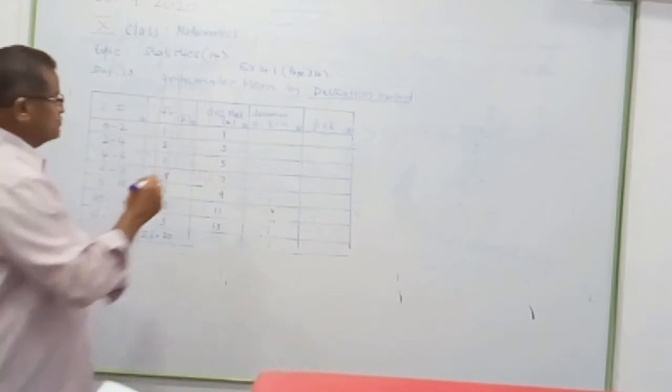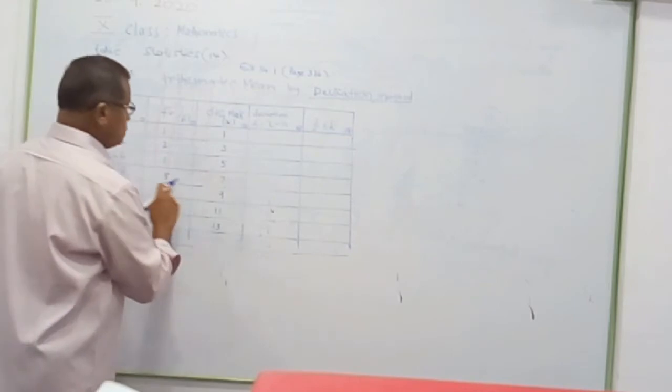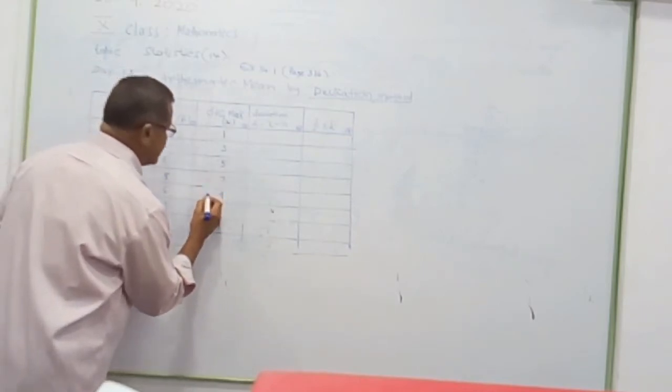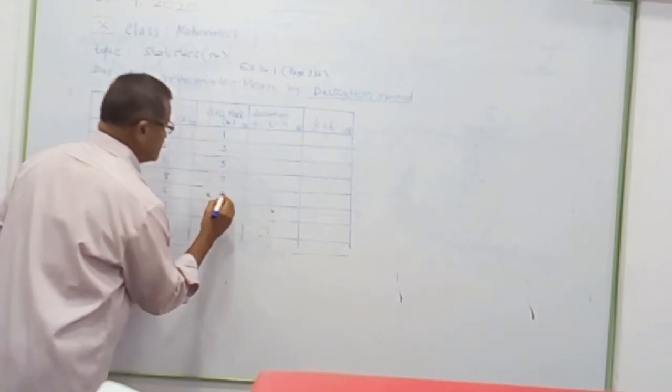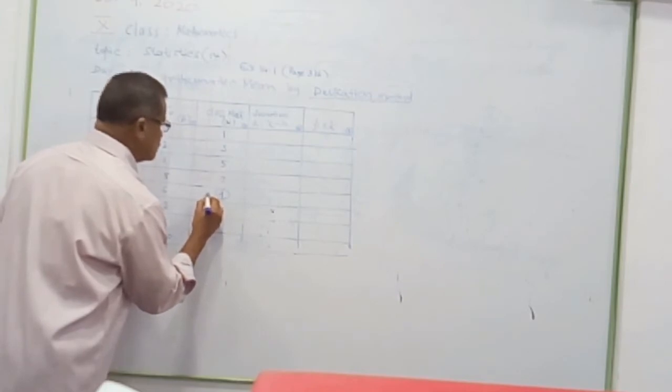Okay. Now, what is the assumed mean? For the assumed mean, the highest frequency is 6. The opposite term, midway, is the assumed mean A. 9 is the assumed mean. Here the highest frequency is 6, and the opposite class mark is A.